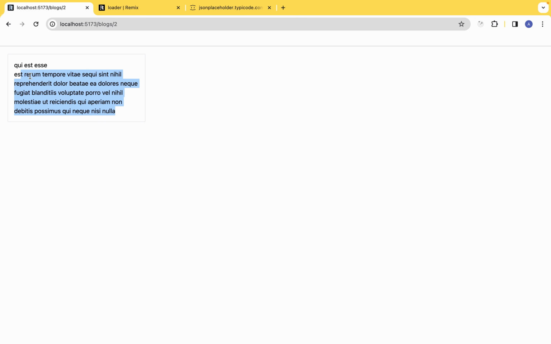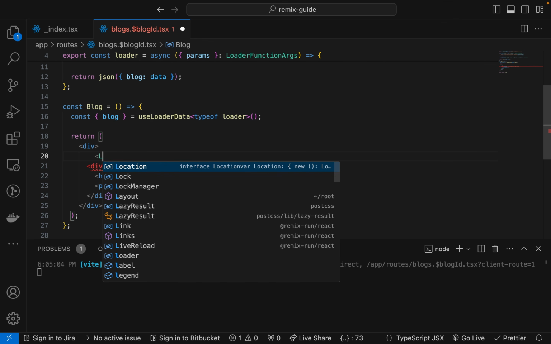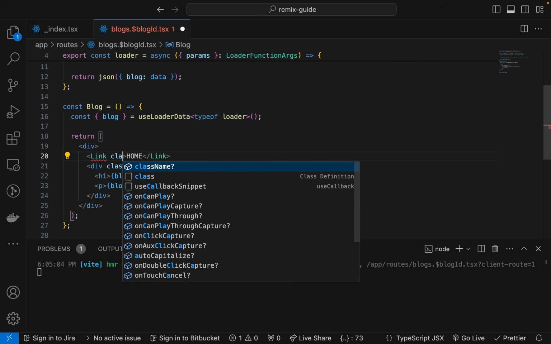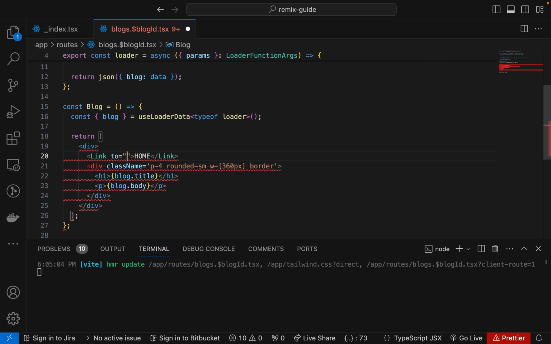So this is it. And now how does navigation work? So we have seen how it works, and in here, if we want to have a link that takes us to home, we just need to import this link, and there we can say home, and in here we are not going to have class name, we're going to have this to, which is going to take us back to our home page